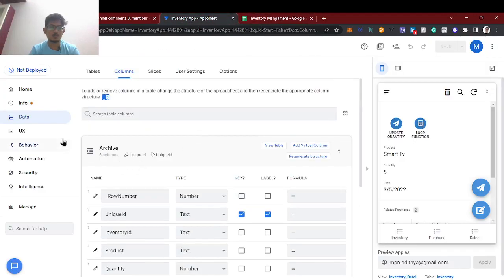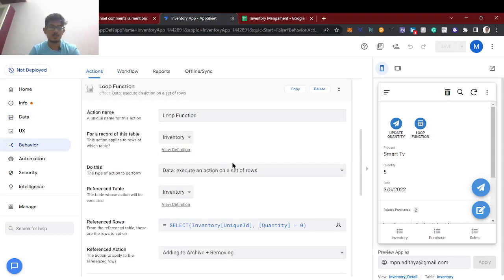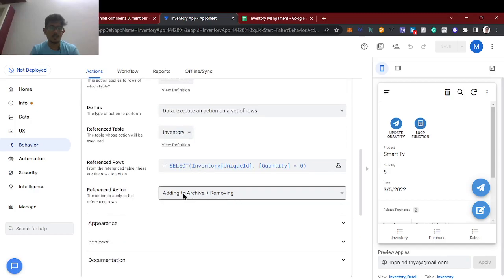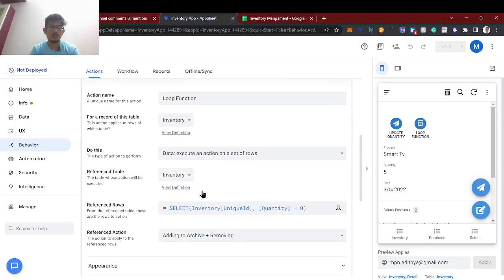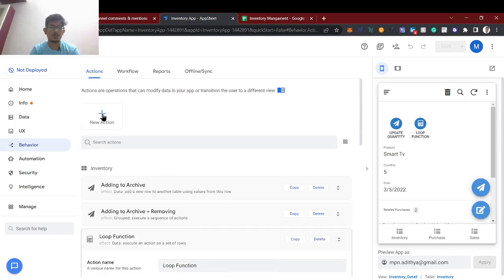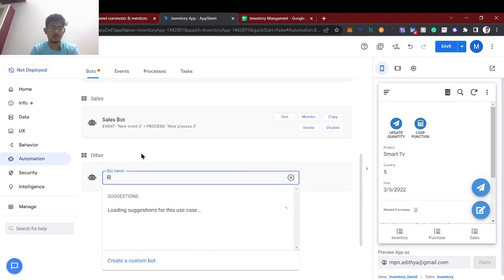Now previously we have created the behavior called loop function, so just check out the previous video: where the quantity is 0, we add to the archive and remove. This reference action we have used previously. So now what we're going to do is create a new action. Sorry, first we have to create a bot for this. The bot will be the repeater bot. Bot name will be